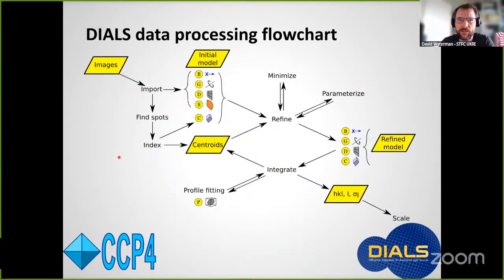So these are the essential tasks in diffraction image data processing, and this is probably familiar to anyone who's used any crystallographic data processing software. All the different programs have some version of these tasks that differ really just in implementation details. But one of the more unusual features of DIALS is that each of these tasks is discrete and run as like a single unit. What I mean by that is that, for example, all of the refinement of the geometry model is done ahead of